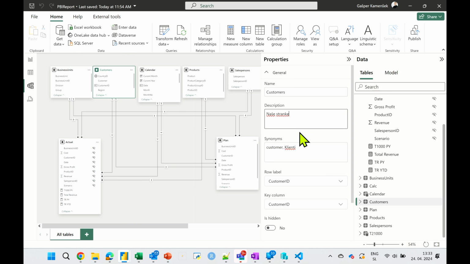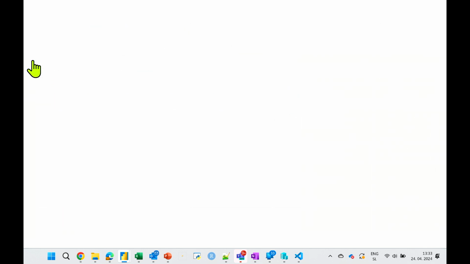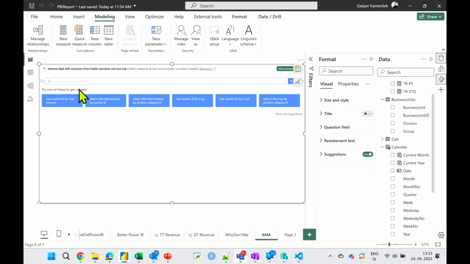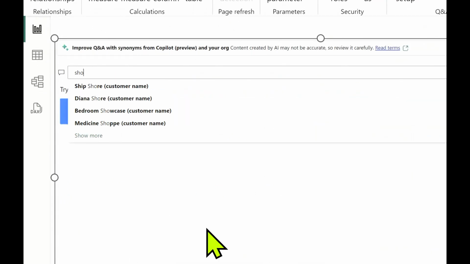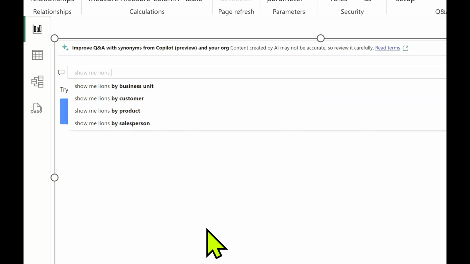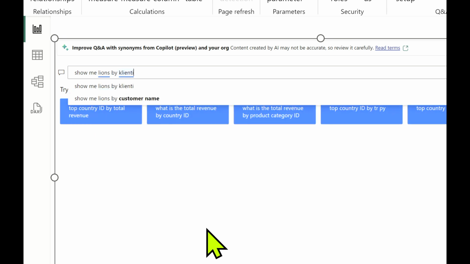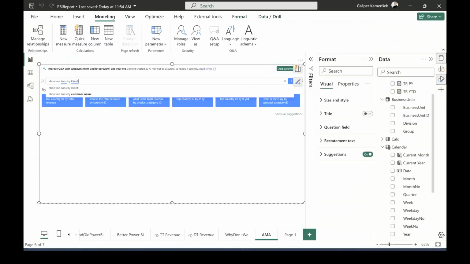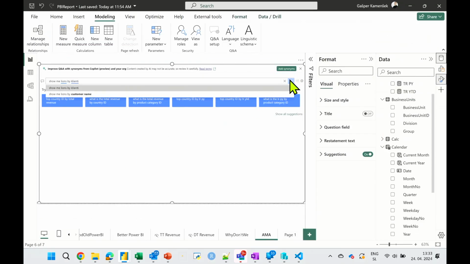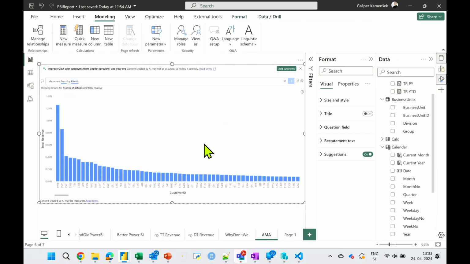So let me do that. And now that I got this, now I can talk to my data. Now I can go, show me lions by clienti. And there you go. Right?